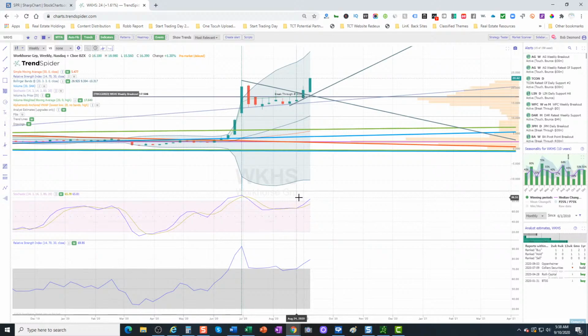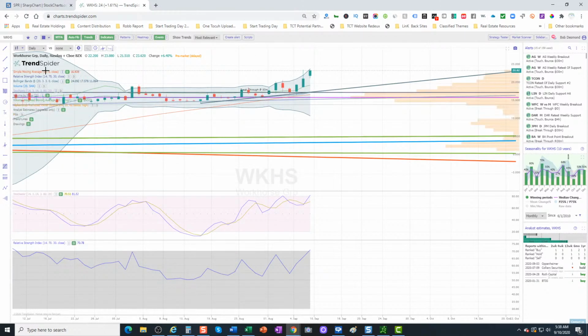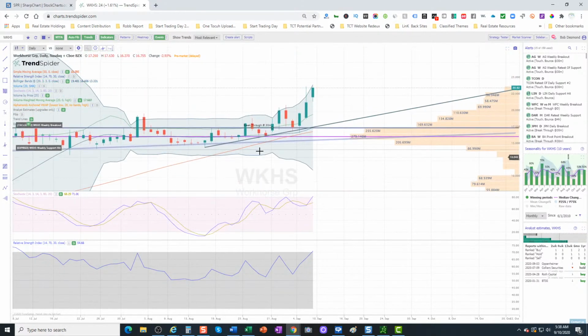Here, higher lows on Stokes, higher lows RSI, validating the price action. We've broken through a major volume shelf. Not much in terms of overhead supply, meaning buyers looking to get made whole. Daily chart. The only negative I could say about